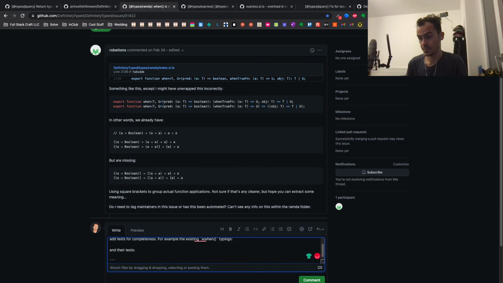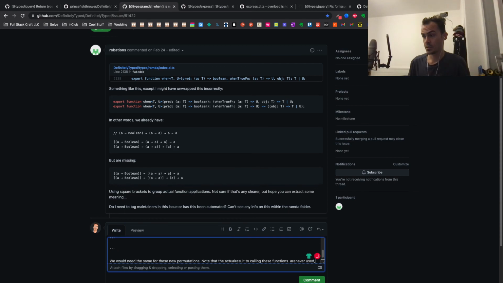We would need the same for these new permutations. Note the actual result of calling these functions are never used. We just need to make some calls so we can verify that TypeScript doesn't complain.